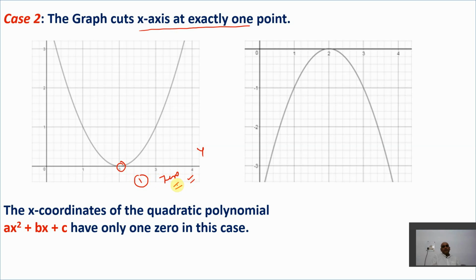Why do I say degree 1 means 1 zero? Because at this particular value only, this is the point on this parabola. So if this is the point that touches the x-axis, whenever there is a point that touches the x-axis, right, it must satisfy that particular equation of the parabola, right?